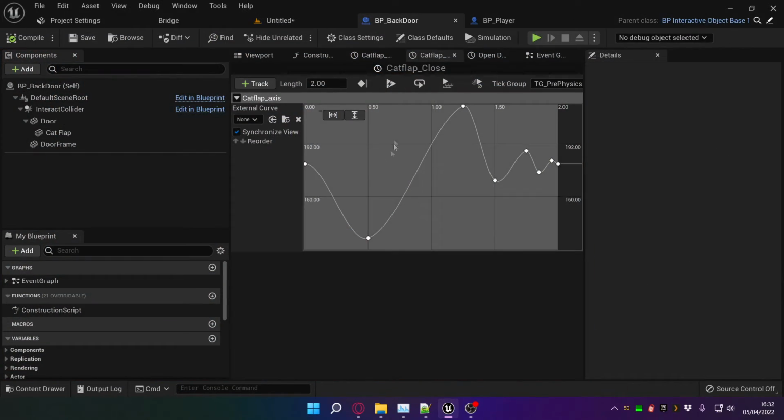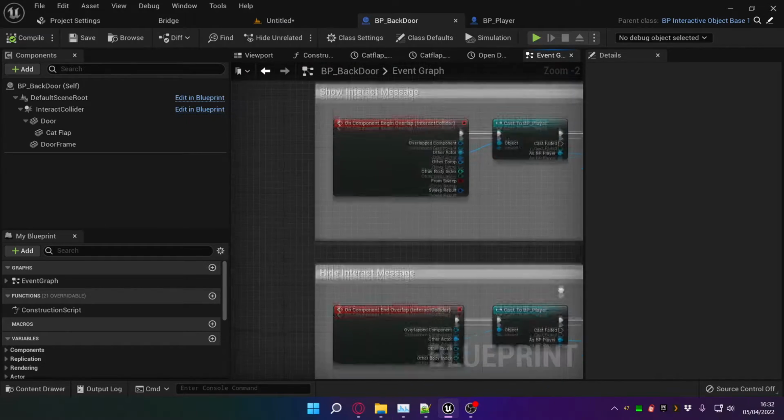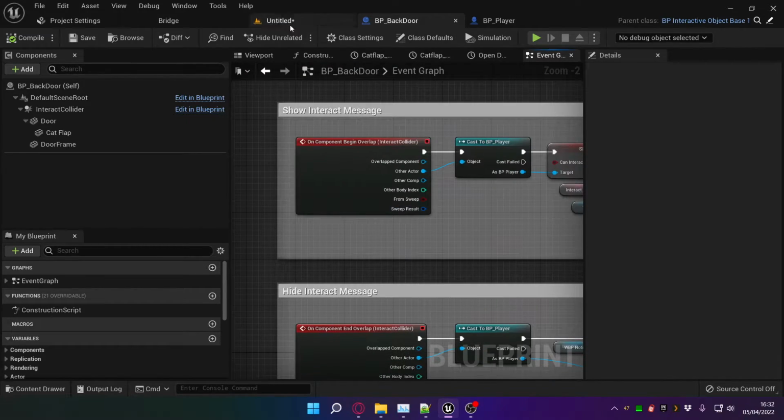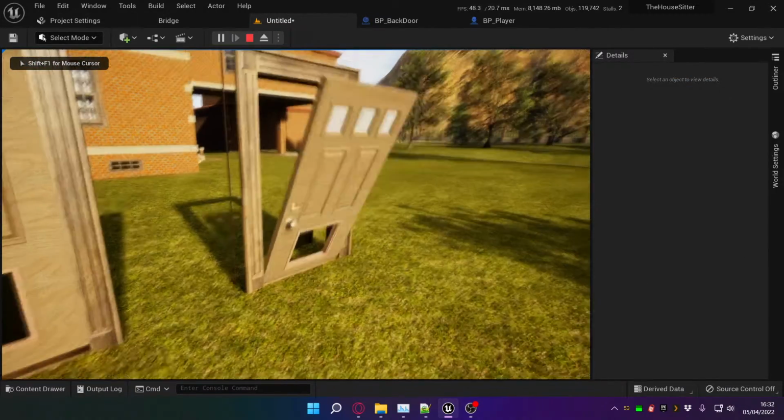Anyway, the point of this video, apart from the cat flap physics, is to continue from where we left off talking about the interact system. And to do that, we need to go here to the event graph. Now, we covered the interact message last time. If I just go here and hit play, you'll see,